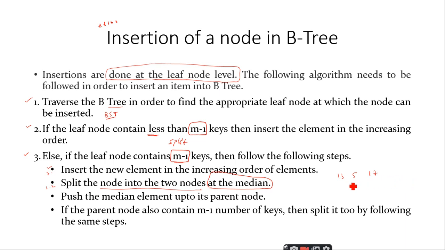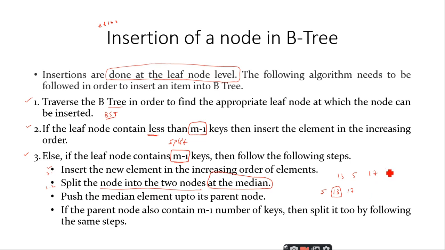In increasing order. Super, right? We first have to write these values in ascending order. So we write 5, 13, 17. After writing the elements in ascending order, the middle element becomes the median of the given elements. So what is the middle element? 13, sir. So 13 becomes the median of the given list of elements 13, 5 and 17. Right? Is it clear up to this point?